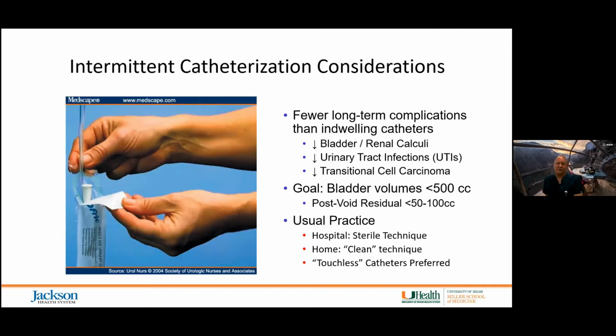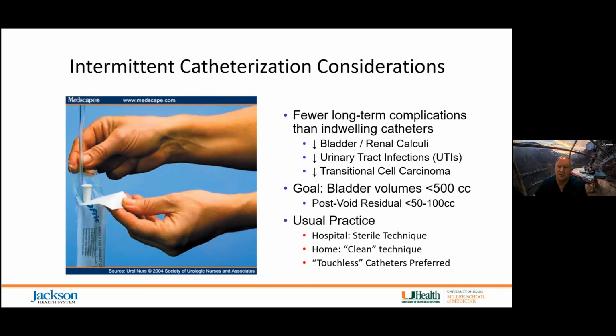So intermittent catheterization will allow for fewer complications, particularly a reduction in calculi, both bladder and renal calculi, a reduction in urinary tract infections, and a reduction in transitional cell carcinoma, which can occur typically when you've got an indwelling